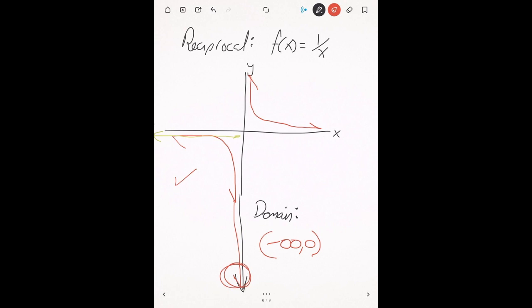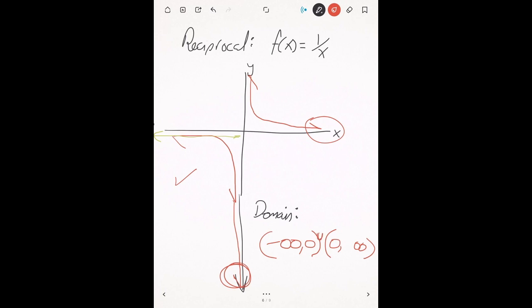What about the right side of the graph? Well, I end up going off to positive infinity, but what about as I move left? Well, the same thing happens. I keep getting closer and closer to the y-axis without actually crossing it. So I'm going to say